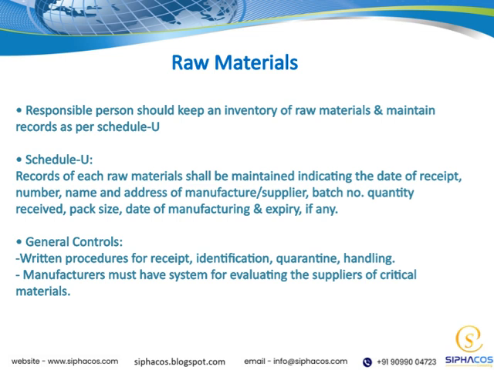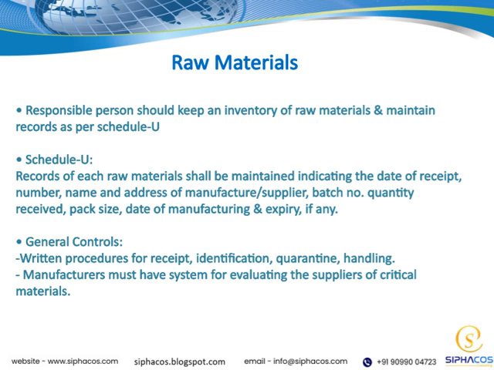These procedures help ensure consistency and prevent mix-ups or contamination. Furthermore, manufacturers must establish a system to evaluate their suppliers, especially for critical materials. This evaluation process helps verify that suppliers meet our quality standards and reduces risks associated with raw material quality issues. In summary, meticulous record-keeping, clear procedures, and supplier evaluation are all key to managing raw materials effectively and ensuring product